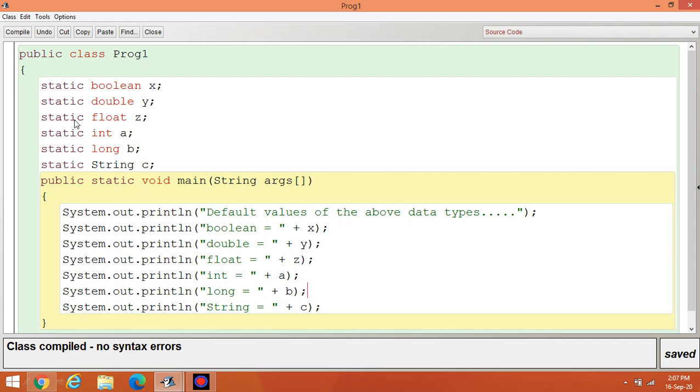That's why I have to declare the static data types. If I am displaying the value, now no value is there. I am assigning no value to x, y, z and a, b, c.